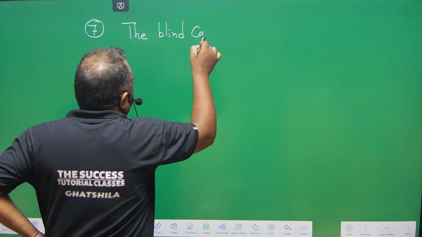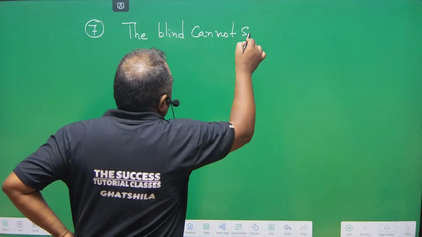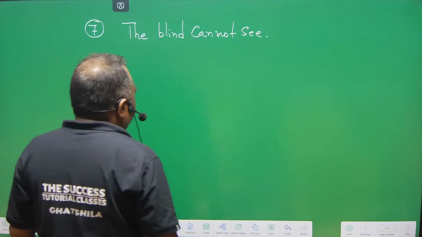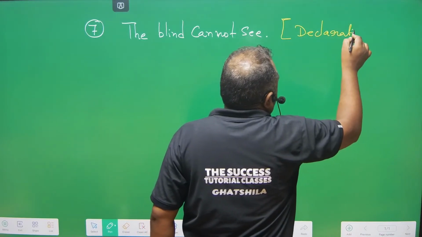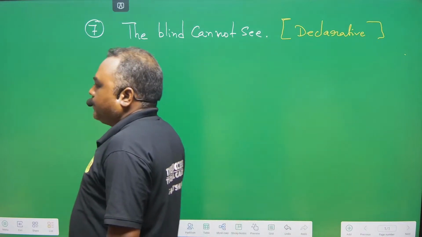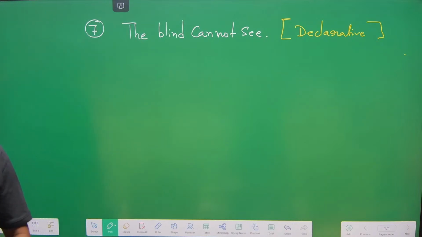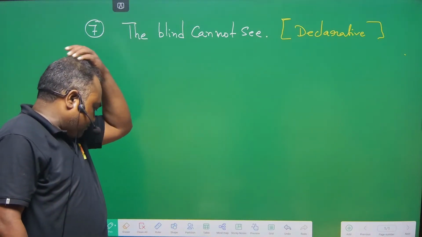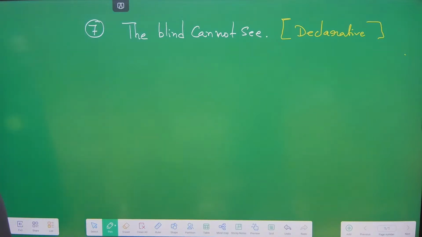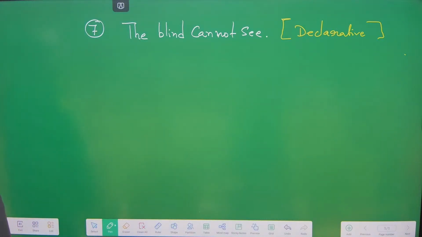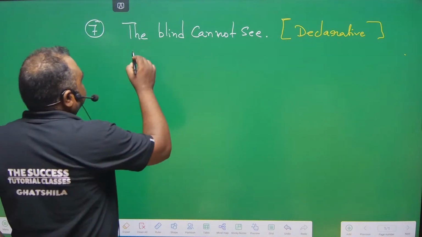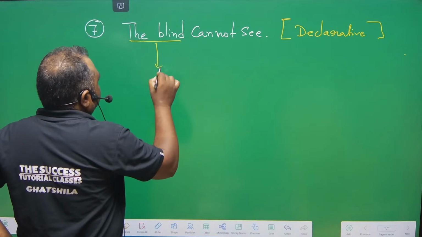The blind cannot see. Full stop. The sentence is in declarative form. So convert it into interrogative form. The blind cannot see. Convert it into interrogative form. Here, the blind, this is the subject,